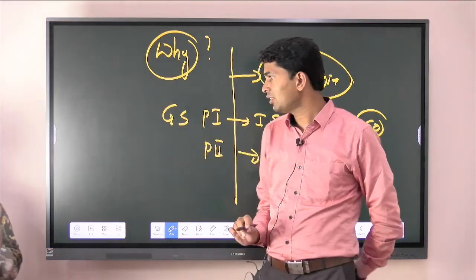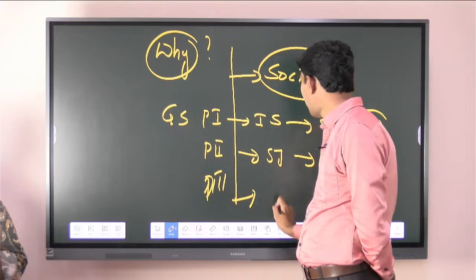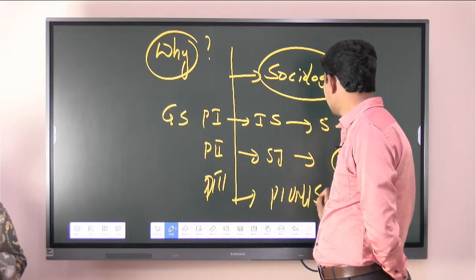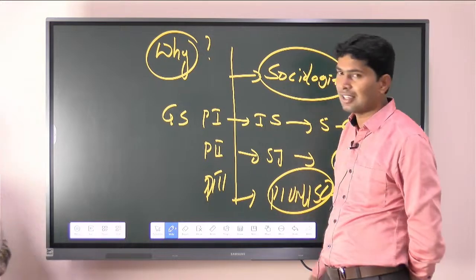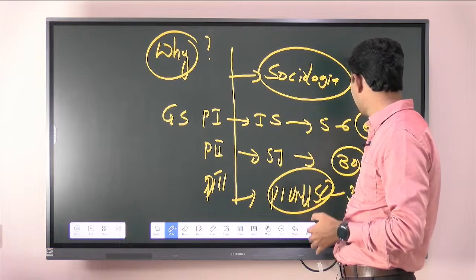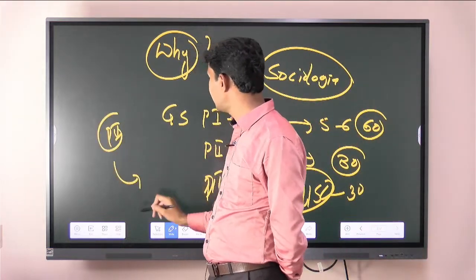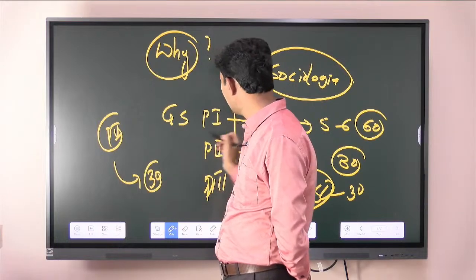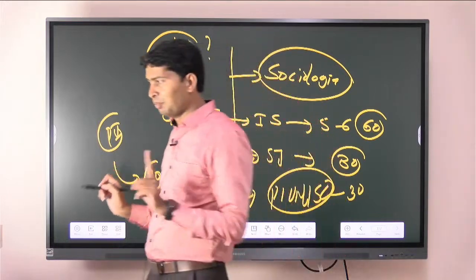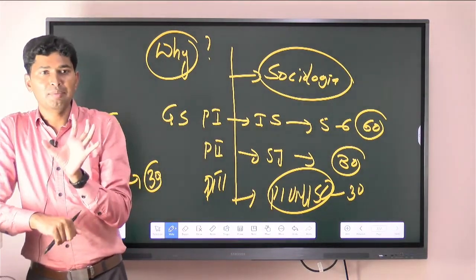And GS paper 3 has some of the economic dimensions, poverty and employment, backwardness, regionalism, and some of the security issues. Apart from that, in paper 4, sociological values in ethics, around 30. I am just taking average marks, plus invariably one essay you will be able to attempt with this holistic